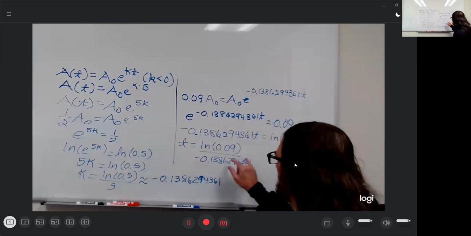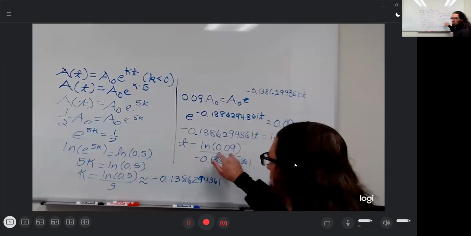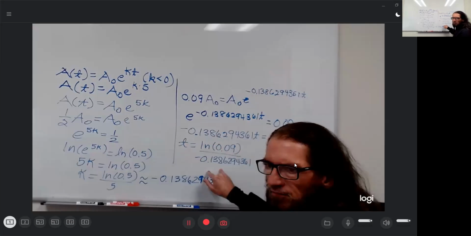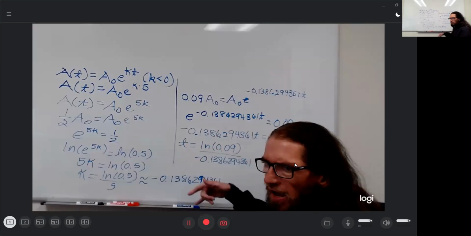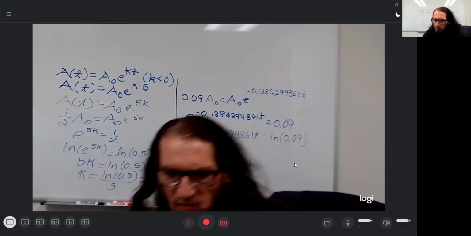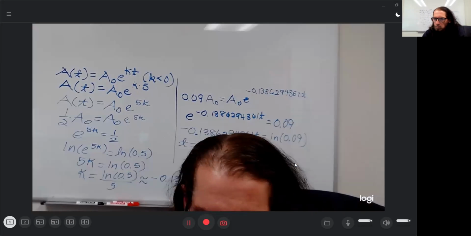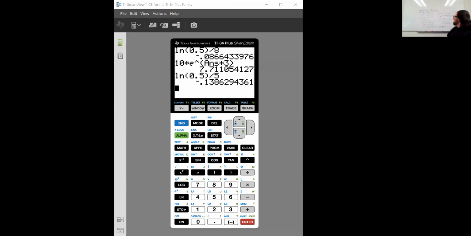And since 0.09 is less than 1, the natural log of 0.09 is going to be negative, divided by negative. Obviously, we're going to get a positive amount for time. Let's see what that comes out to be. So natural log of 0.09 divided by the answer we just found for K,